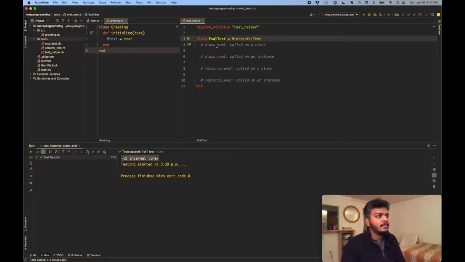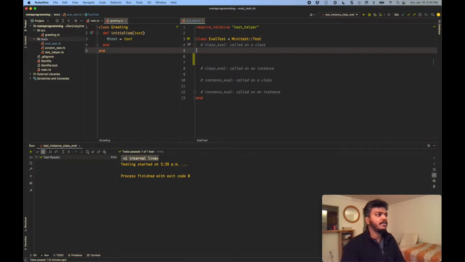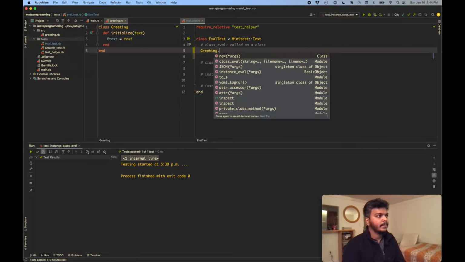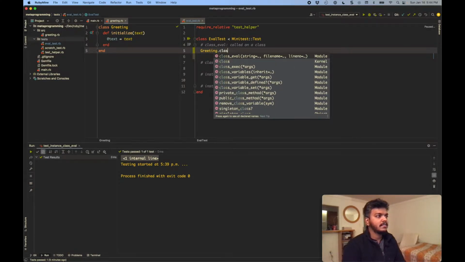So first we have class_eval, and we'll see what happens when you call it on a class. What class_eval does is, if you pass a block or a string of code, it evaluates that block or string in the context of the class. So let's start. We have the Greeting class, and we'll call class_eval on that,